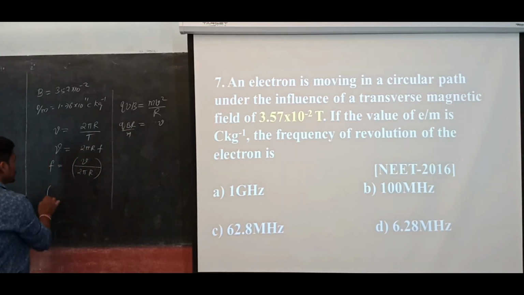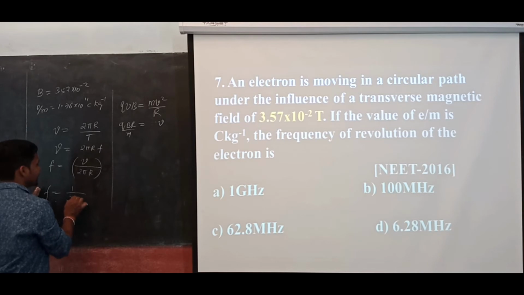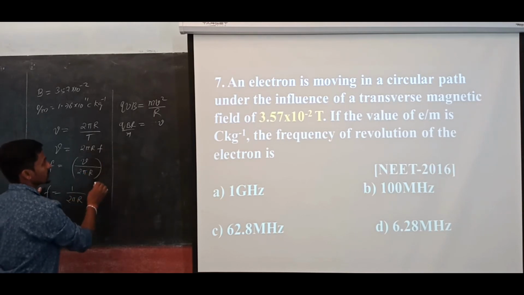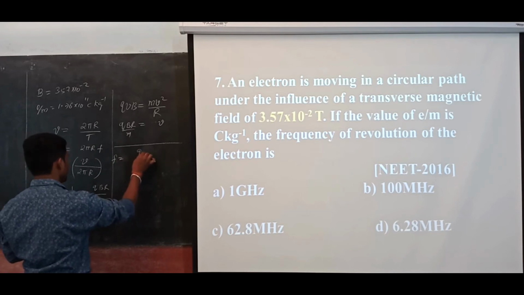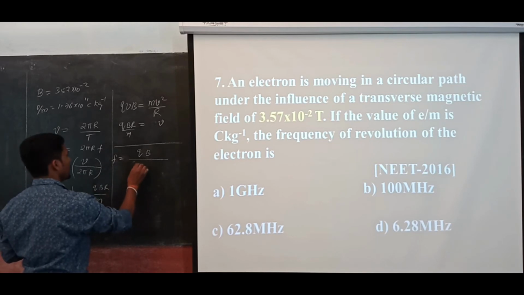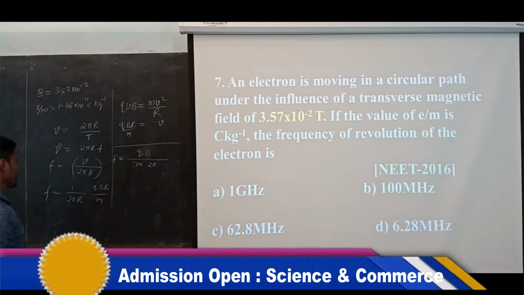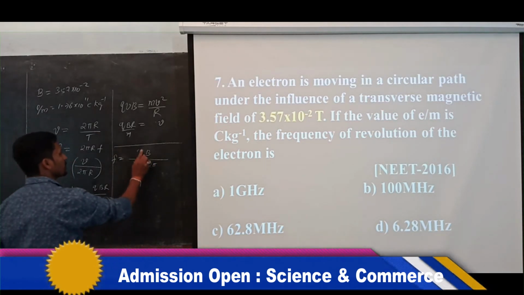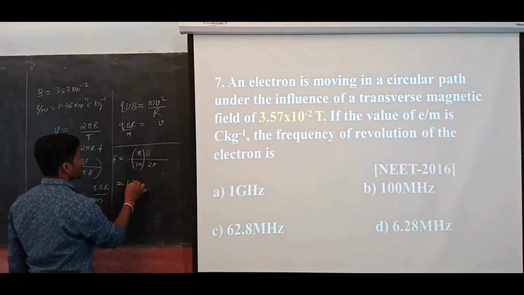Now if I substitute, f is equal to v by 2 pi r, and V I have to substitute, that is nothing but qbr divided by m. So what am I going to get? F is equal to qb, r gets cancelled, and m after that, 2 pi. Now q is nothing but the charge of the electron, that is E, and E by m is given. So you write E by m is 1.76 into 10 to the power 11